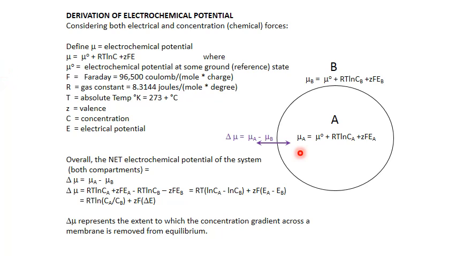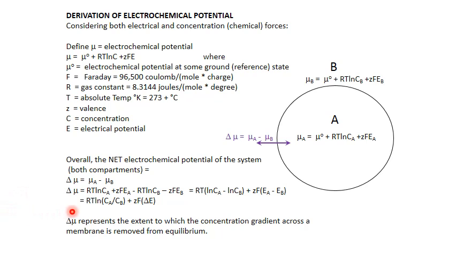This mu0 is some ground reference state. And if we have a two-compartment system, the inside and outside of a cell, one can calculate the mu sub A for the inside or the mu sub B for the outside, and also the difference between them. What's the difference in electrochemical potential across that membrane? And we do that by subtracting one from the other and substituting the top equation into that